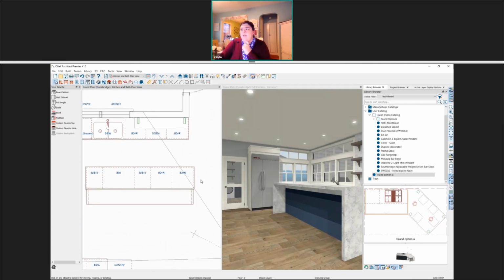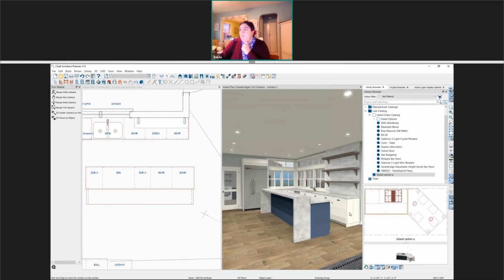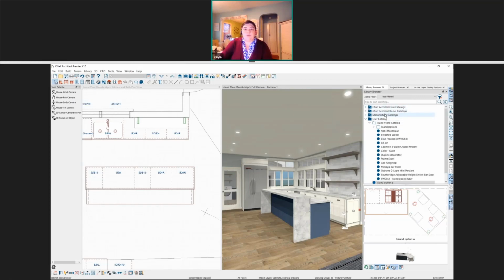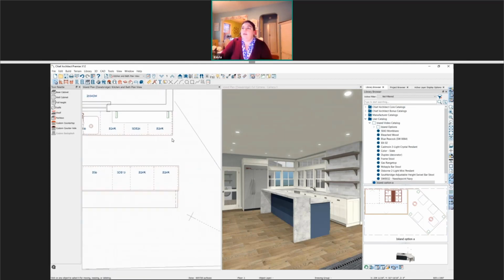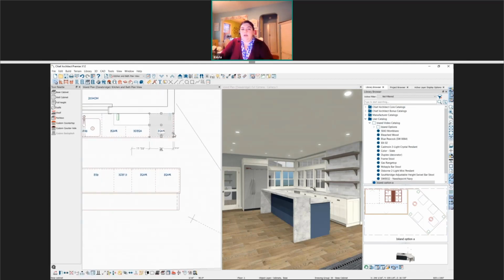So now let's add in these panels. I have a panel over here that's already been placed, so I'm going to use this one. If I did not already have a back panel, I can find one in the library, whether through one of our manufacturer catalogs or our core catalogs. We have different door and drawer styles that you can just click to place independently in the plan, separately from a cabinet itself. But I'm just going to grab this panel that already exists.